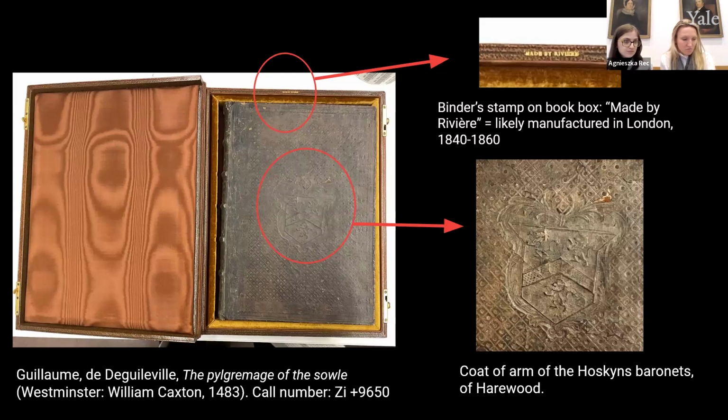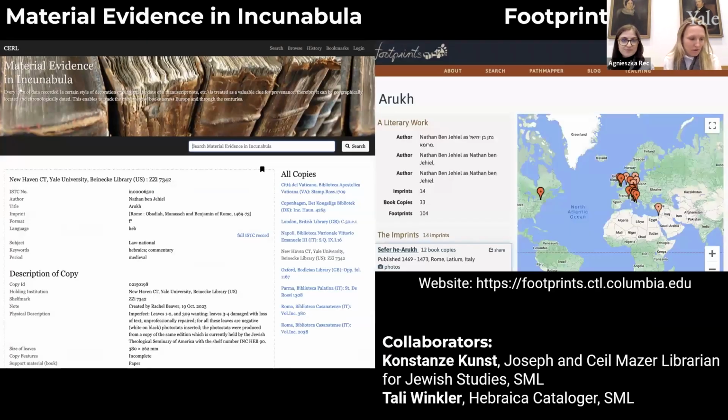In the last year, Rachel has added further MEI entries for our English incunabula, so we now have the complete set of Beinecke's English imprints in MEI. And more recently, we have teamed up with colleagues in Stirling, Constanze Kunst and Talia Winkler, to work on our Hebrew incunabula. In this very